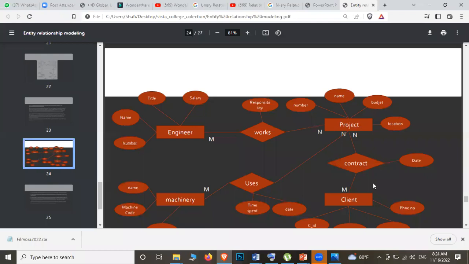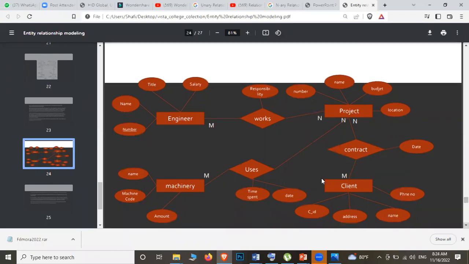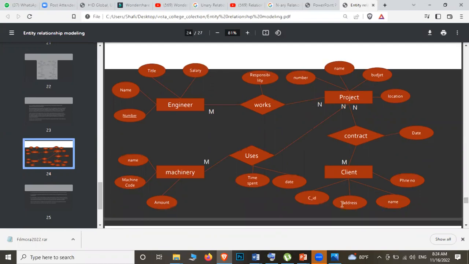And then the projects will be contracted by whom? The clients. නේද? clients ල මොනවද කරන්නේ? එතකොට clients ට බලන්න client ID එකක් තියෙනවා, address composite key එකක් නේද? Name and then phone number. Phone number is what kind of an attribute it is? කියන බලන්න phone number. Is there any particular attribute for this phone number category එකට?